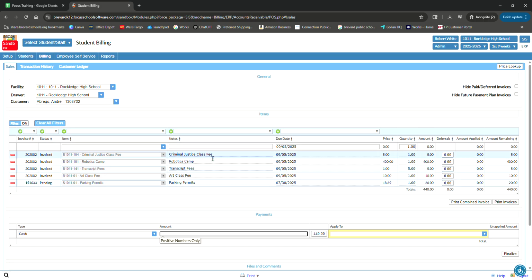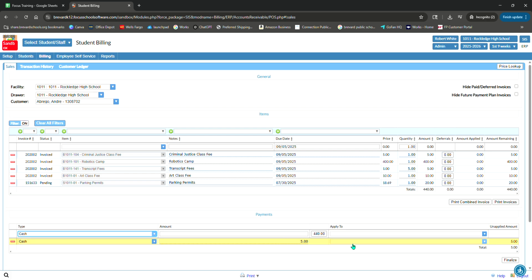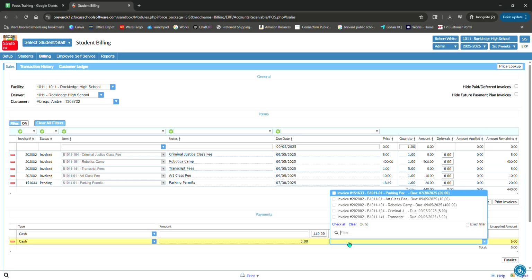So if I'm the criminal justice teacher, my student brought me $5 cash, I need to make sure that I'm only taking that $5 in. So I'm going to enter the amount the student is giving me right here where it says amount, and then I'm going to hit enter. When I hit enter, it drops down and now I have this yellow box around where my student has given me money. I need to now click on the yellow box that is under apply to